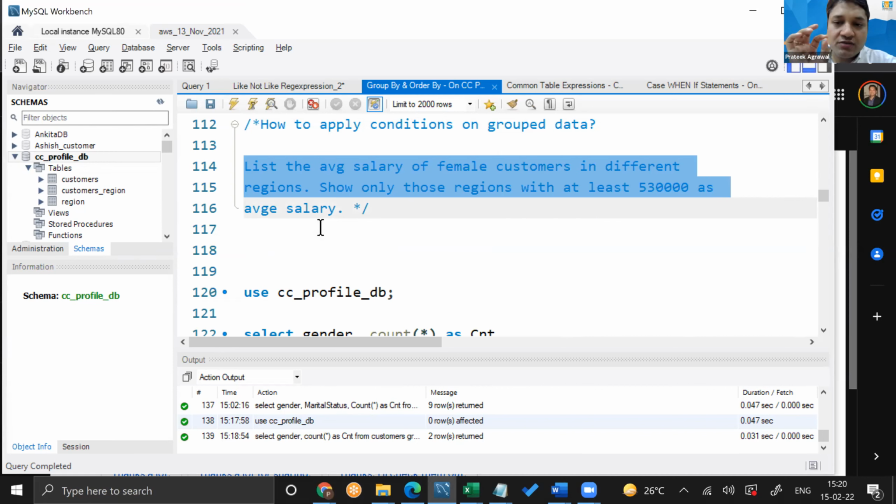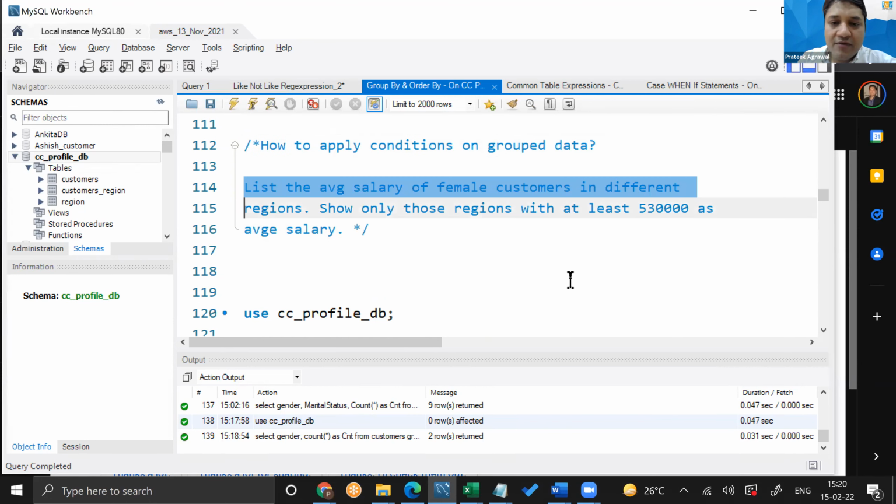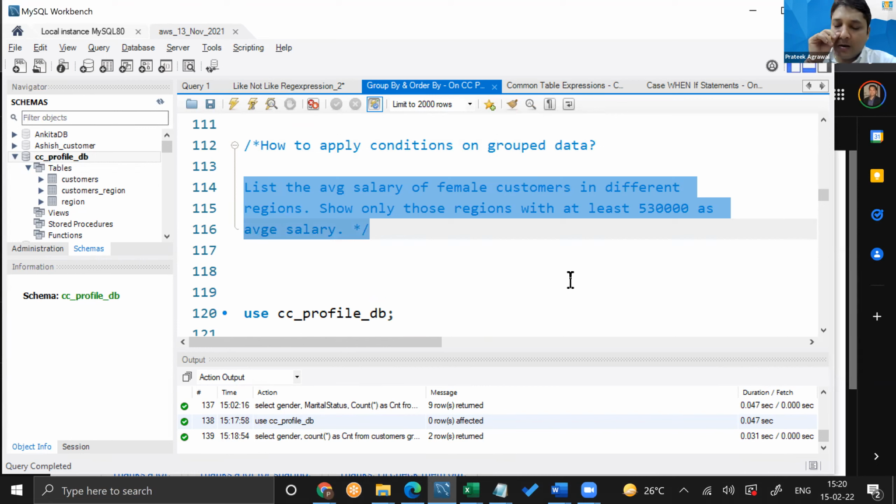Show only those regions with at least 530,000 as the average salary. Can you guys do this question quickly? Sure, Pratik, we can try.